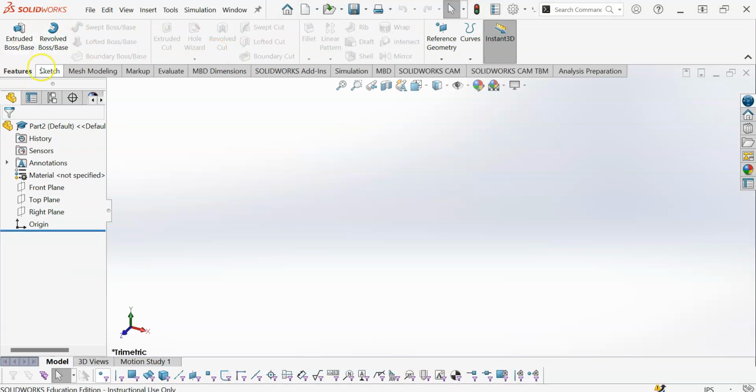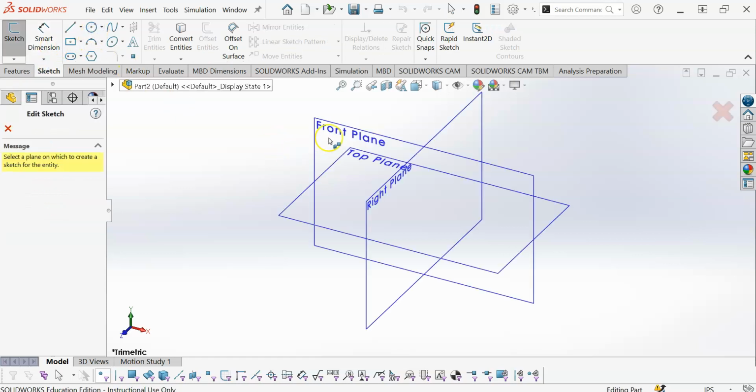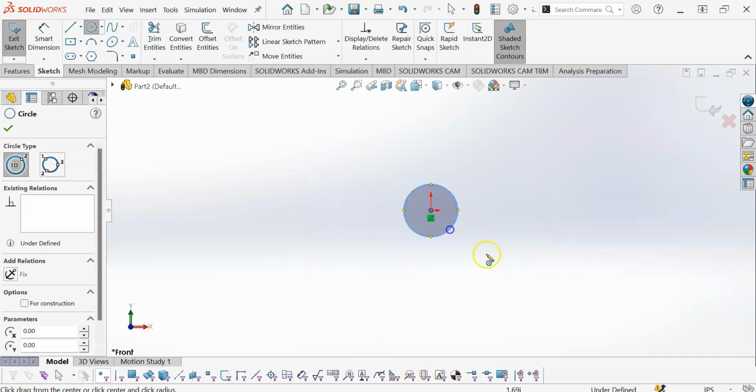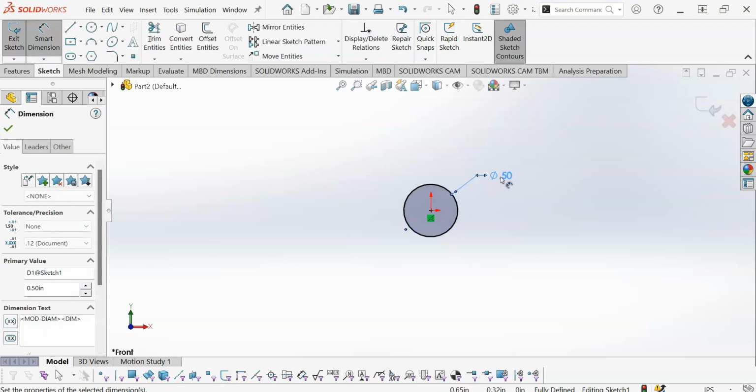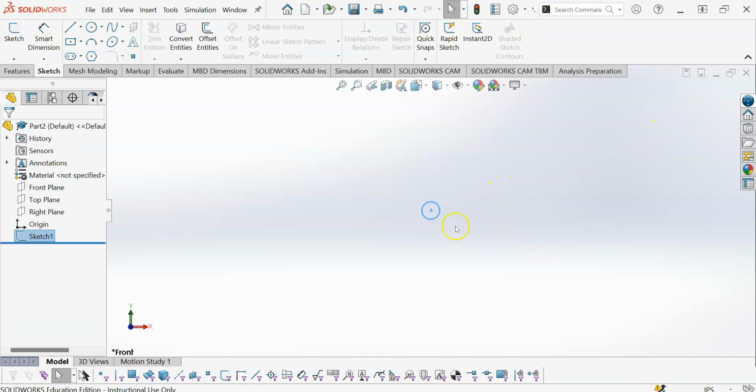Okay, so let's do something simple. Let's say we're going to use a circular profile again, and we will just give it a diameter of 0.5 inches. Okay, this part is important. So we have our profile that we're going to sweep. Our profile has to intersect our path, and it has to be perpendicular to the direction of travel